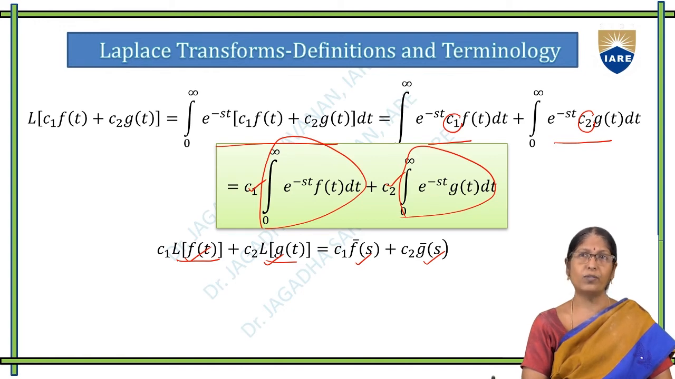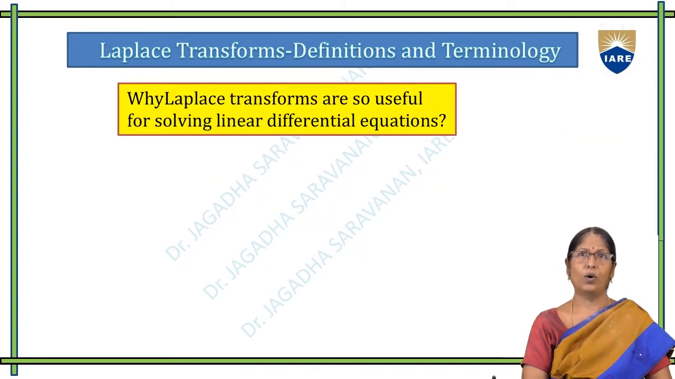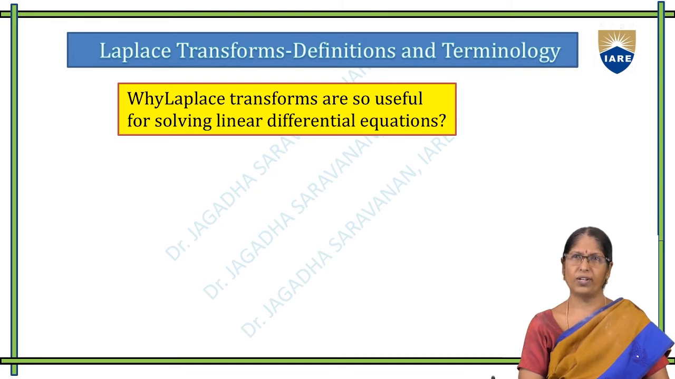On what basis is it defined? We defined the linearity property: the Laplace transform of two or more functions can be written as the sum of each function in the form of Laplace transform. So far we discussed Laplace transform definitions, some important elementary functions, and the linearity property. Now,